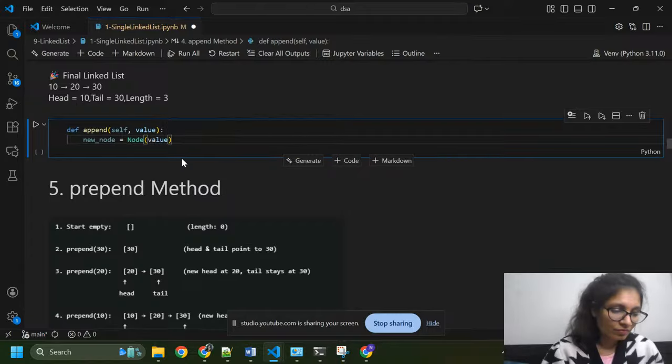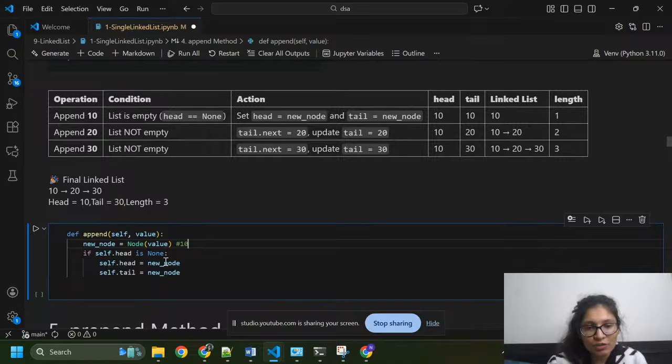Here you write new_node equals Node with value 10. So self.head equals new_node and self.tail equals new_node. Both are 10. In the first case, head is 10 and tail is 10.